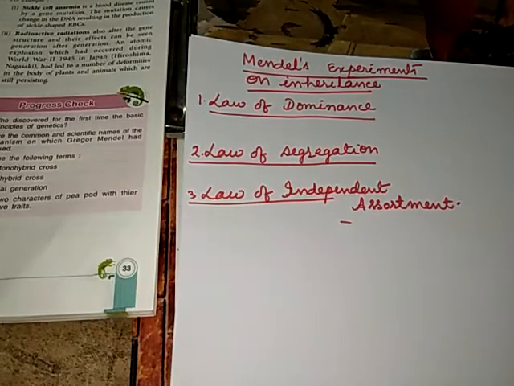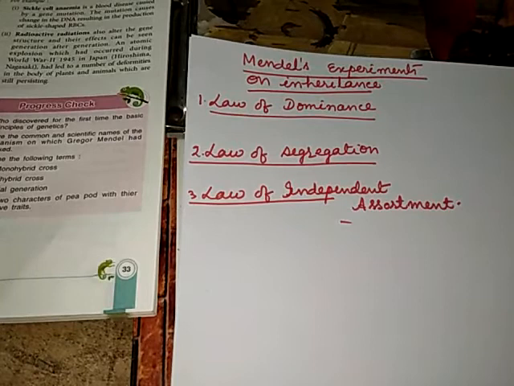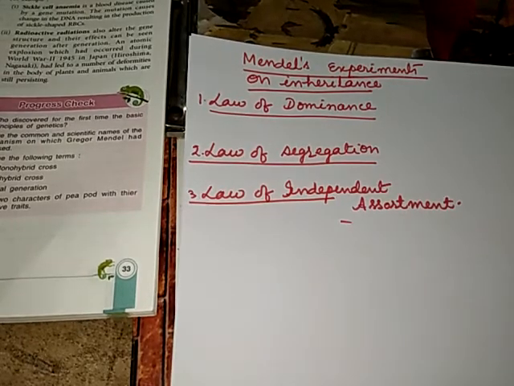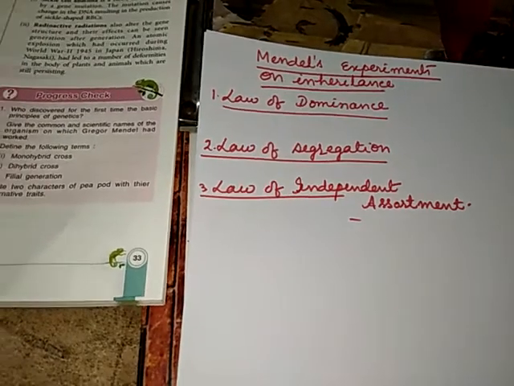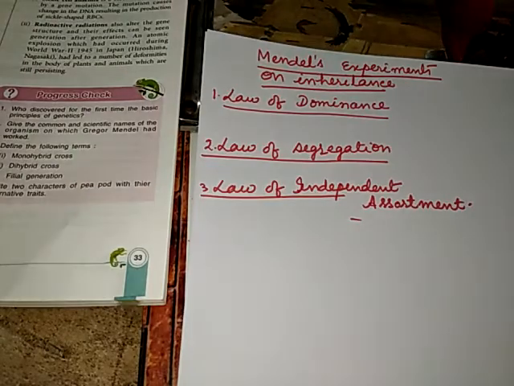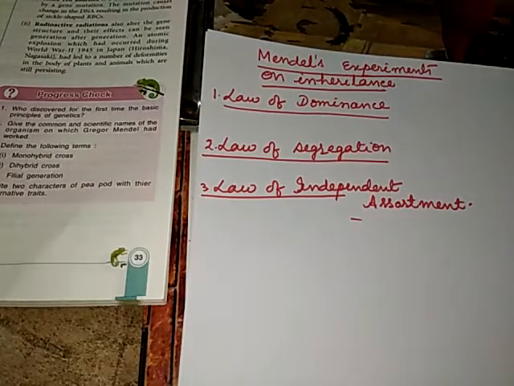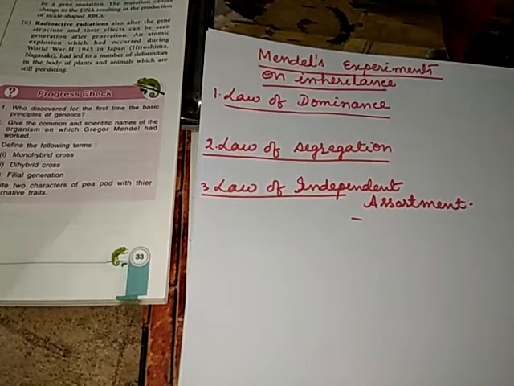The law of segregation says that the two members of a pair of factors separate during the formation of gametes. They do not blend but segregate into different gametes. This is also called the law of purity of gametes, so each gamete receives purely one character. The gametes combine by random fusion at the time of zygote formation.